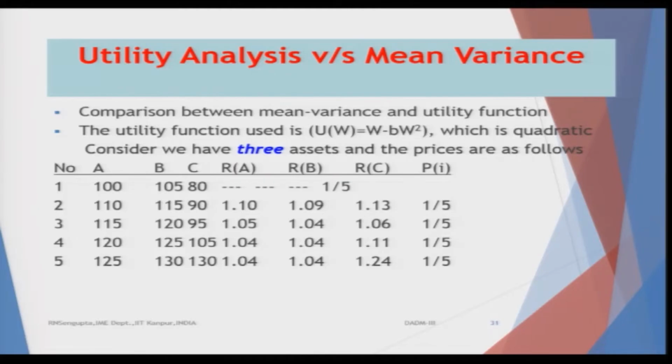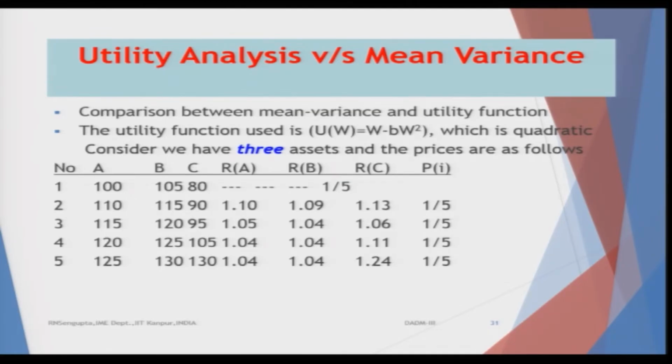So, we will basically have 3 assets and the prices are as follows. This serial number gives you different instances or the examples. So, the values of asset A are 100, 110, 150, 120, 125, which is basically the second column. I am just marking it out, showing with a pointer, while the corresponding values for the other 2 assets B and C are given in the third and the fourth column.